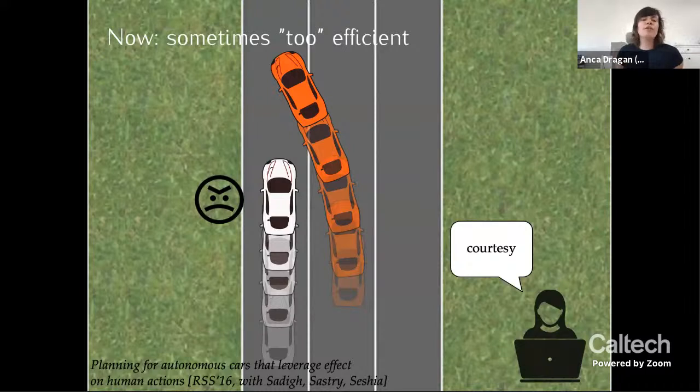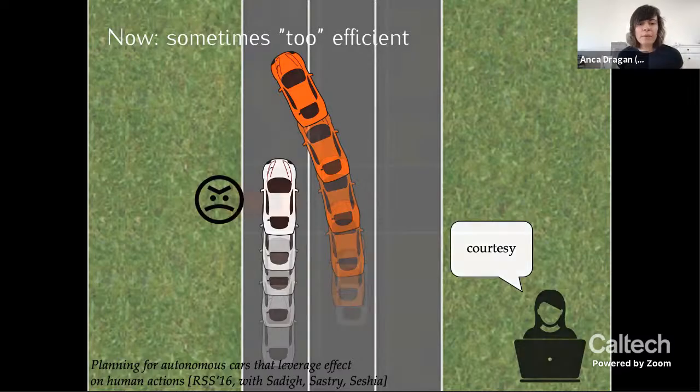And so what do we do? Well, we had to revise the cost function. We said, okay, the cost function is not incentivizing our car to actually be courteous to other people. It turns out this is another thing that we care about, courtesy. So we added a term in the objective for courtesy. And then the car no longer cuts you off all the time. It sort of balances that with its own efficiency and so on.